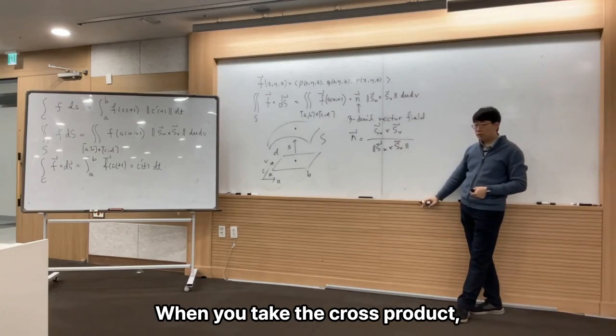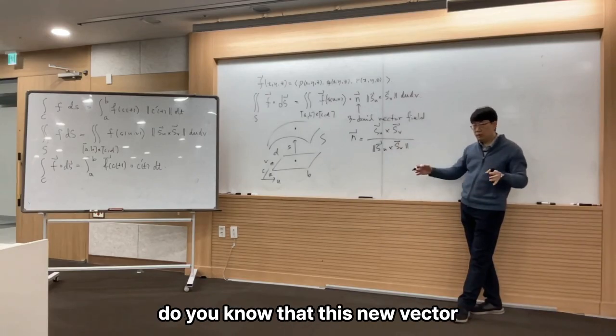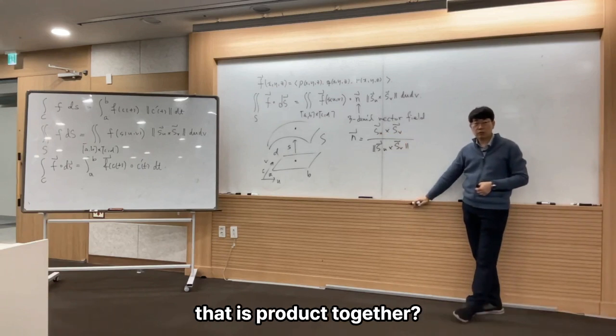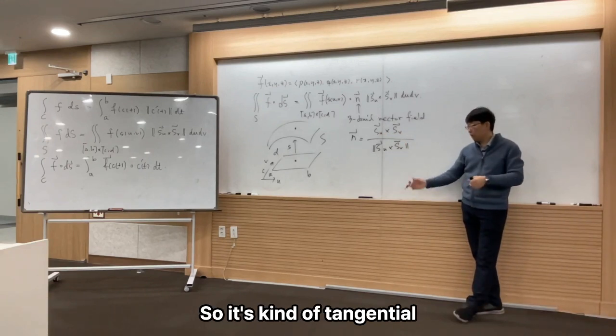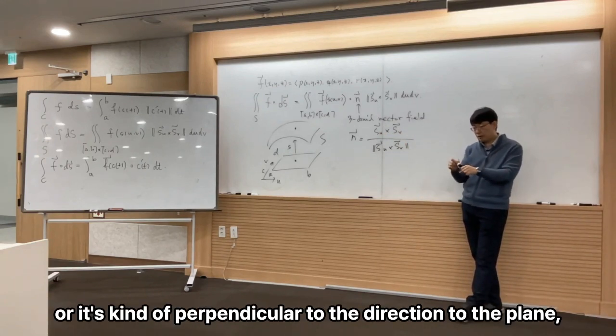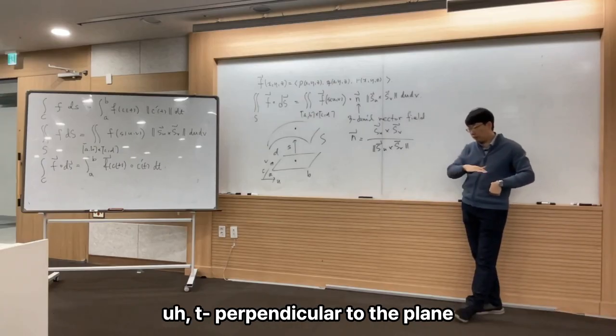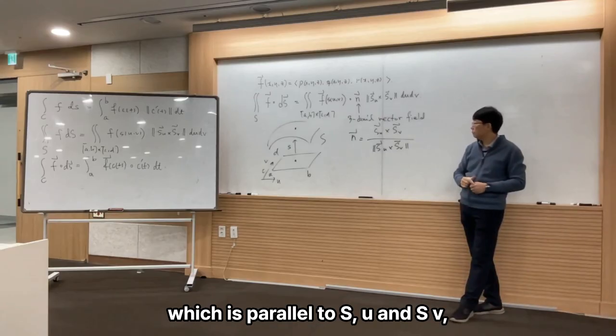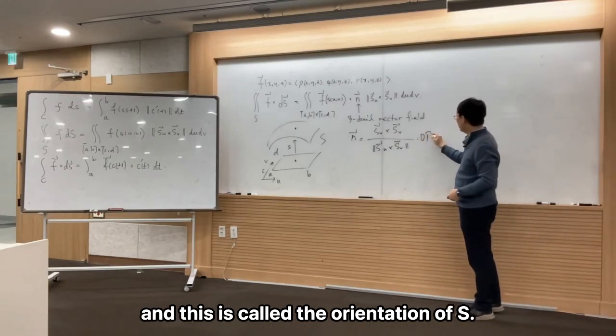And when you take the cross product, you know that this new vector is perpendicular to both of the three-dimensional vectors that are multiplied together. So it's perpendicular to the plane, which is parallel to S_u and S_v. And this is called the orientation